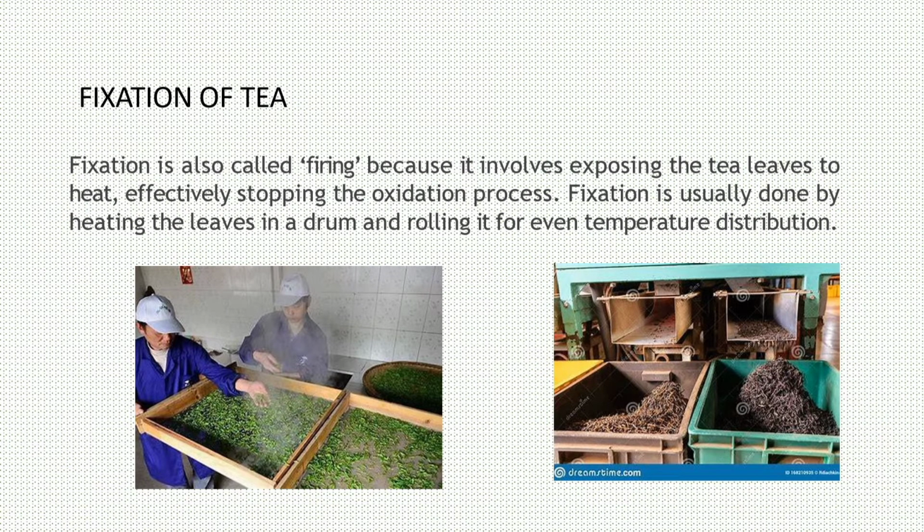See here, you can see the tray in this picture, to the left side. The leaves are spread evenly, okay, and you can see here the leaves are coming out. You can see the color difference also, and there are consumers accordingly for that. Okay, what is fixation? Fixation is also called firing because it involves the exposure of tea leaves to heat. Let me be very clear, when these tea leaves are exposed to heat, they are evenly exposed to heat, because it can happen, right? Like only some tea leaves are completely oxidized and some are not. If you want certain tea leaves to be oxidized, you separate them first.